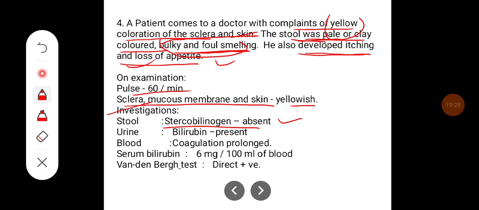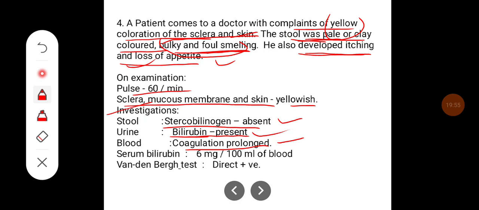There is a presence of bilirubin in the urine. Normally, bilirubin, if it is unconjugated, is not excreted in the urine. But since the bilirubin in obstructive jaundice is the conjugated type, it appears in the urine. Okay, and in the blood profile, there is involvement of the